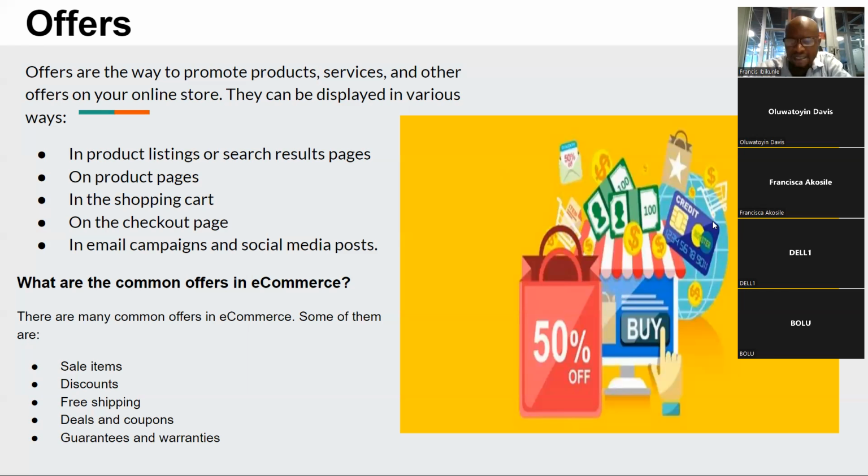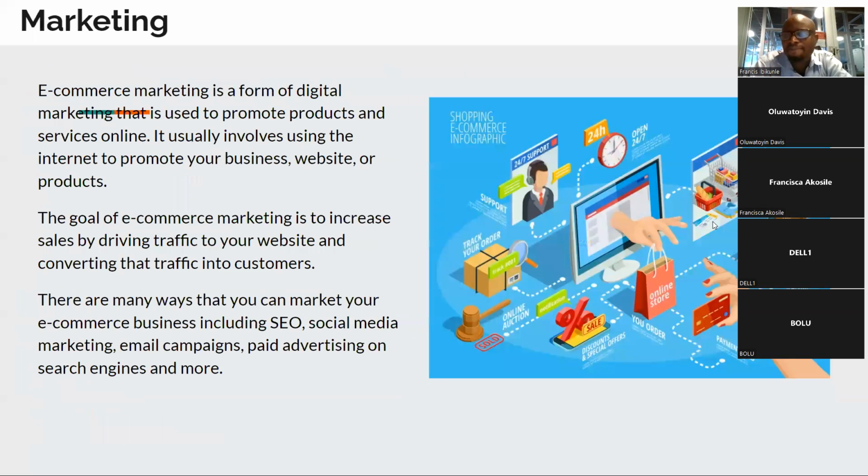Now we go ahead. After you have figured out your offer, the next step is marketing. And what is marketing? E-commerce marketing is a form of digital marketing that is used to promote products and services online. Just like I told you, we have social media marketing, we have search engine marketing. It usually involves using the internet to promote your business website, because the goal of e-commerce marketing is to increase sales by driving traffic to your website